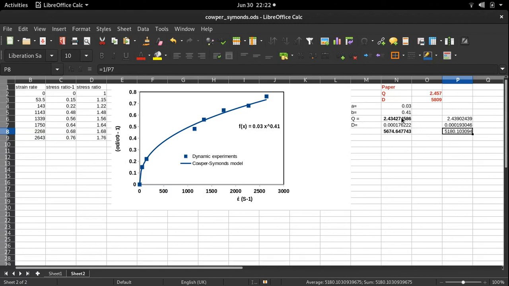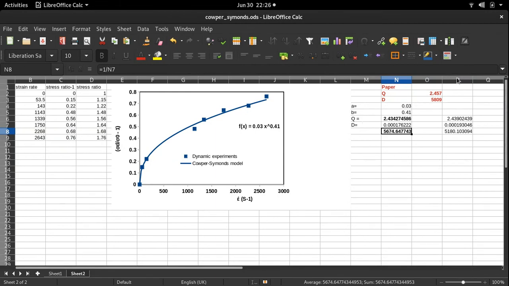So that's why I have taken 4 places after the decimal. So 0.4108, then it is a closer match. So here, in place of 0.03, I have taken 0.0287, and then I did the calculation, and it showed 5674. So it is quite matching. The difference between these values, the paper value and what I have calculated, is because it is a mapped value which is not exact. So in this way I can calculate the Cowper-Symonds parameters.